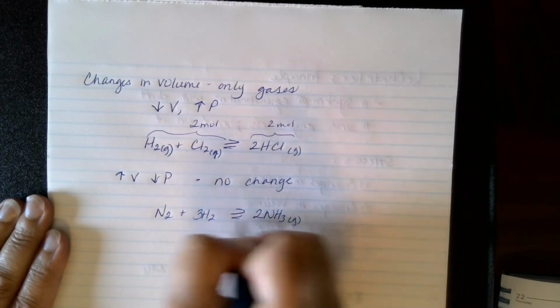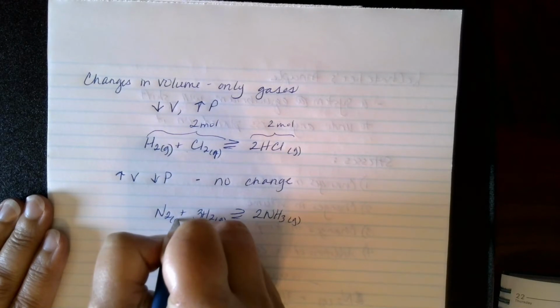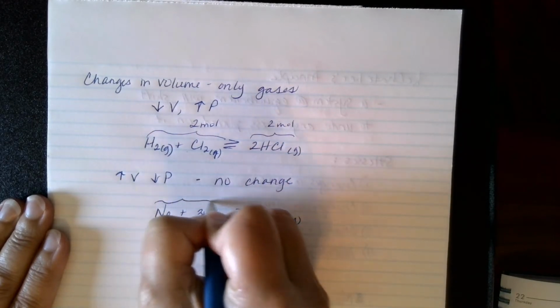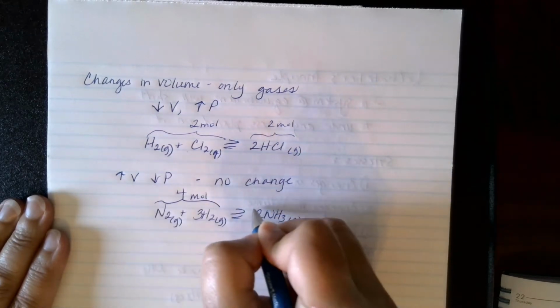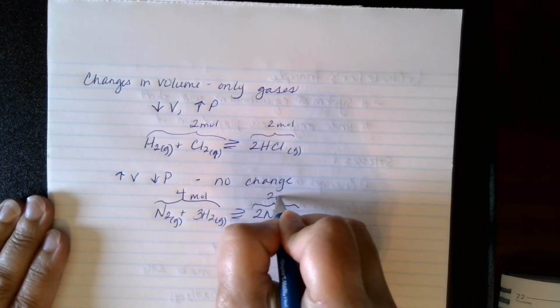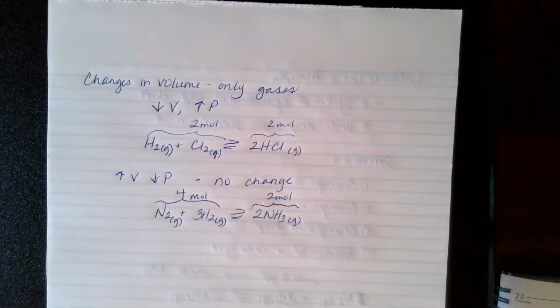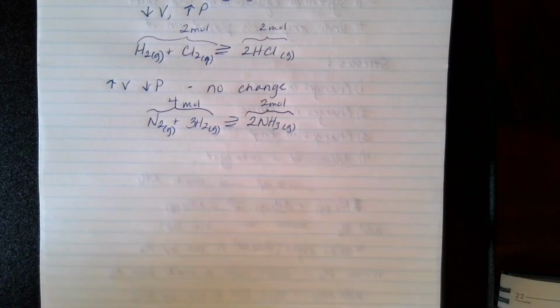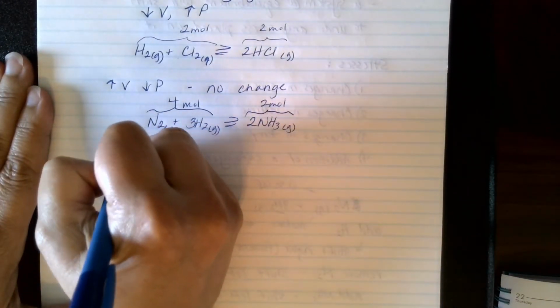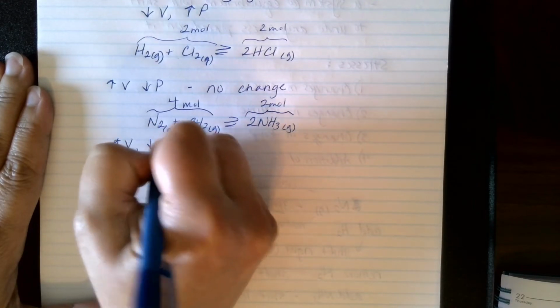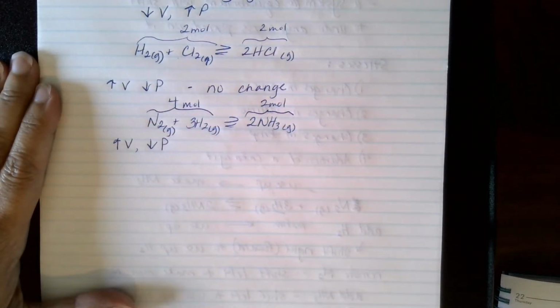Okay, well now look at this one. This side has 3 plus 1, 4 moles of gas. This side has 2 moles. Now, if you have terms that aren't gases, you don't count those as the moles. You only look at the moles of gas. All right, so once again, I'm going to increase my volume, which means I'm going to decrease the pressure. And the reaction says, no, no, I don't like this. The pressure's too low, I need the pressure to go up.